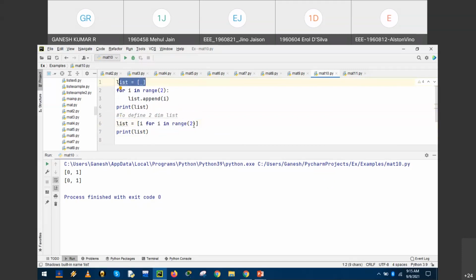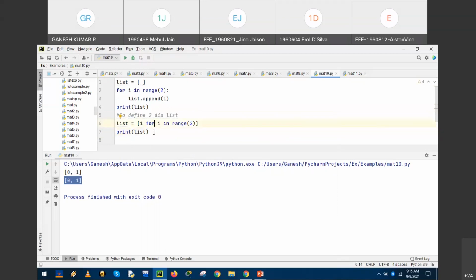Then it is extended to a one-dimensional list. One dimension represents a row. A row is nothing but the same list. What we have done is we have updated it to represent the matrix. So we have defined a row, for i in range of the key value.